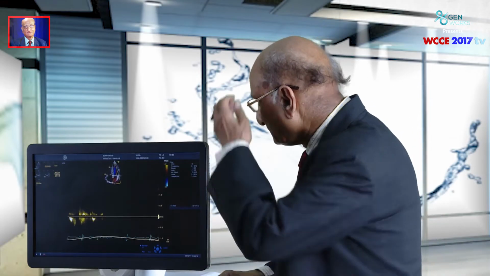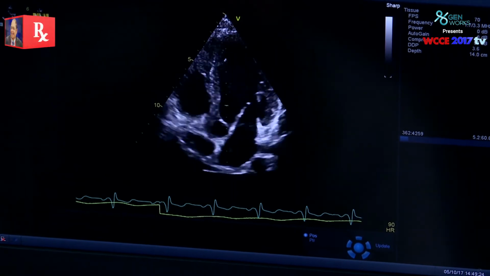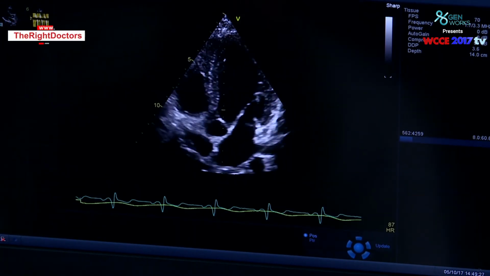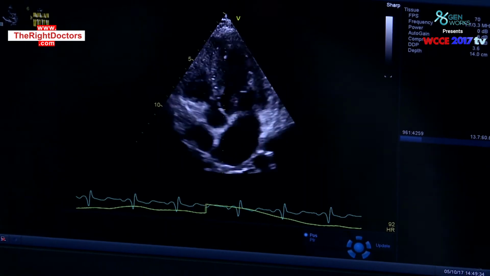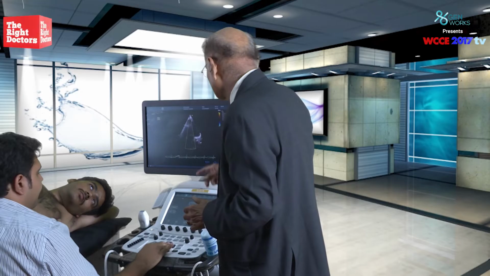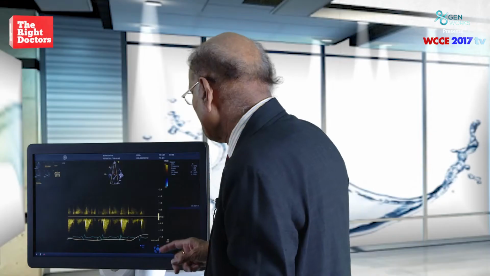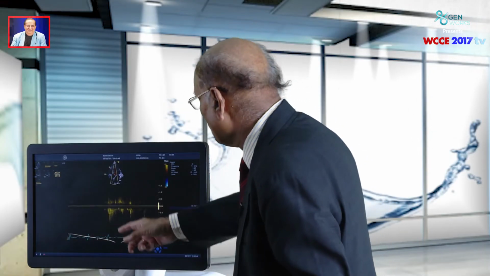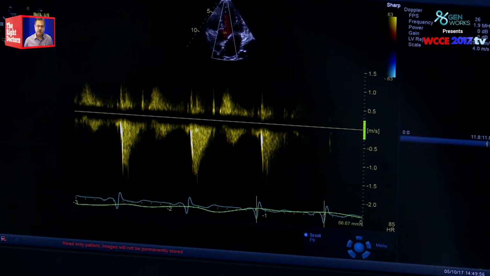Now we will demonstrate the CW Doppler. We can take the aortic valve. First of all, we must set ourselves parallel to the flow, and that is done by color flow mapping, so that we know which direction the flow is going, and then we can put a CW Doppler. So now it is recording the flow across the whole Doppler line, but depending upon at what timing we see, systole or diastole, and what direction of the flow we are seeing, we can presume that it is from that particular area.